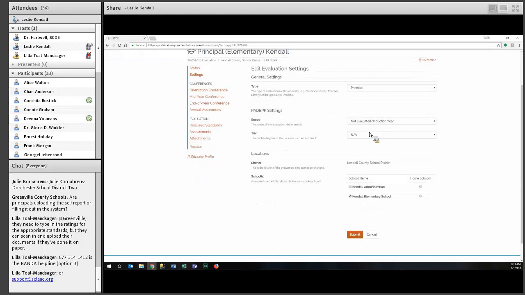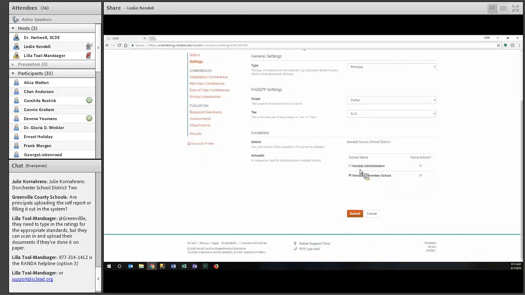Perhaps the scope was not correct and I need to change it. I'm going to change this principal to partial. And then if the principal does serve in multiple buildings, I could indicate that here. By indicating this, it will return evaluators from all of the locations where this principal is staffed.